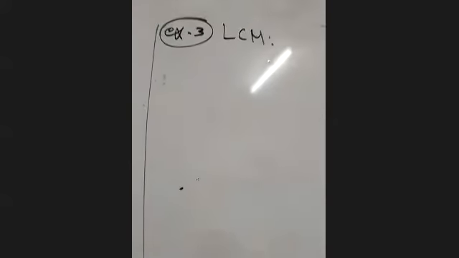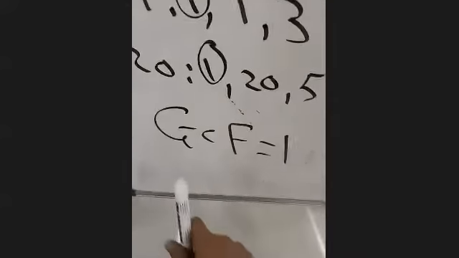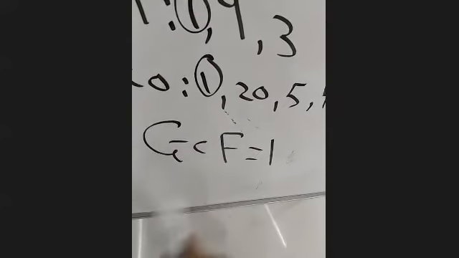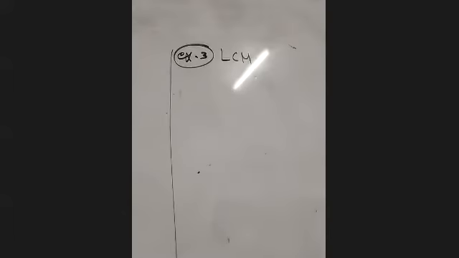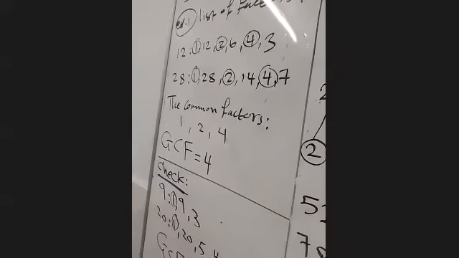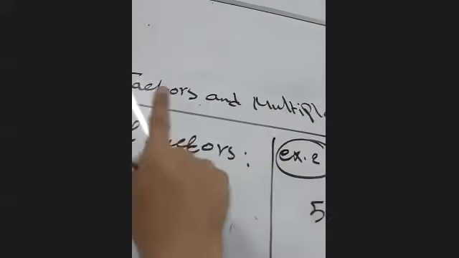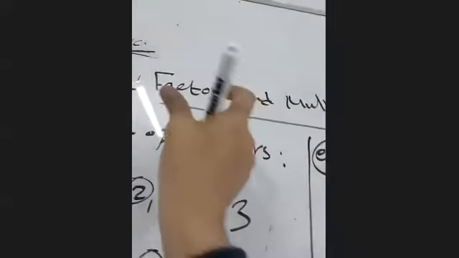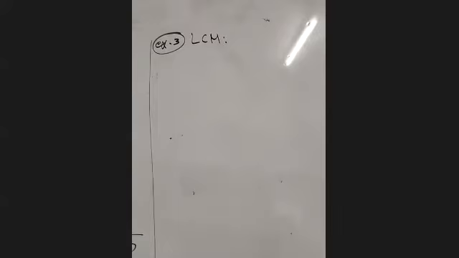In the exams, guys, I won't say least common multiple. I will say LCM. I won't say greatest common factor. I will say GCF. So you need to understand, and please do not mix them up. This is least common multiple. This is different thing. And this is what? Greatest common factor. We have factors and we have multiples. Do not mix with them. Do not be confused. This is factors, this is multiples. Pay attention. Question 3 or example 3 with